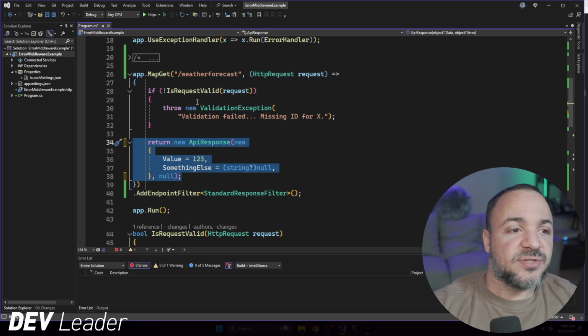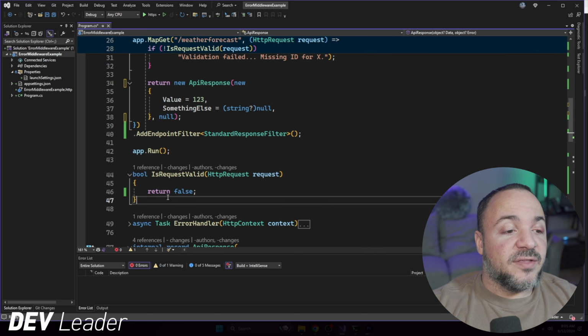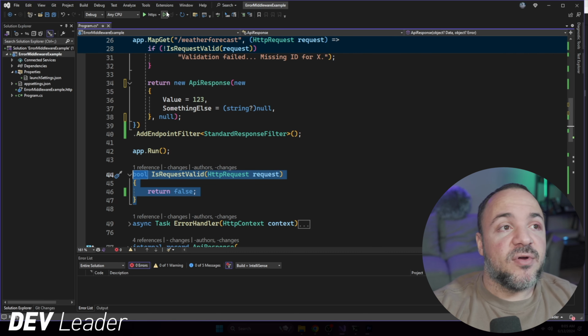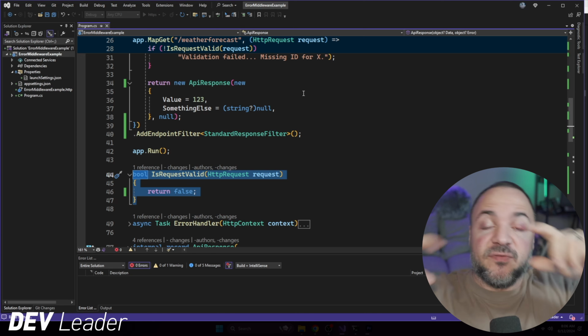In order to demonstrate this, I'm going to first run this example. We're going to make sure that the validation fails, and I will show you the error case just so that you have a starting point. I'm going to go run this, and we should see some JSON come back that represents that envelope structure of